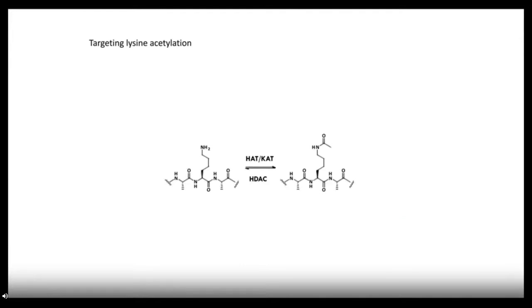And one characteristic of enhancers that we are particularly focused on is their high level of lysine acetylation. Lysine side chains throughout enhancer structures can be highly acetylated, both on histones, transcription factors, and other chromatin regulators. And they're acetylated through the activity of HAT or CAT, lysine acetyltransferase enzymes. And this acetylation is highly dynamic. So while the CAT enzymes are the writers of this acetyl mark, HDACs, or histone deacetylases, remove these post-translational marks,